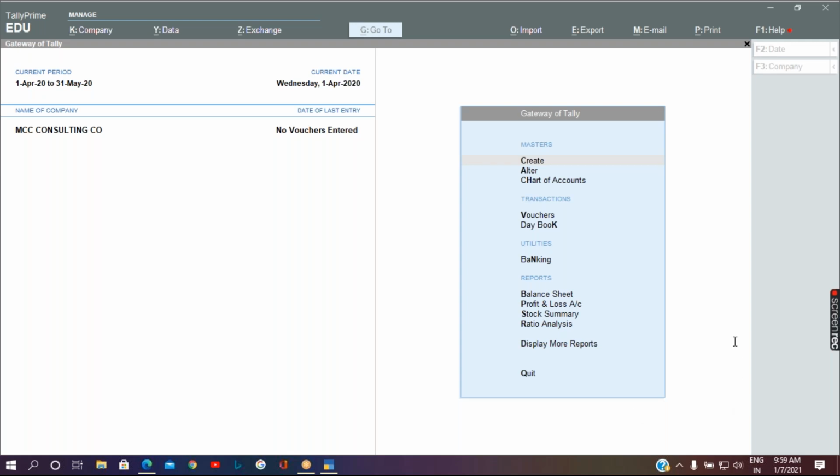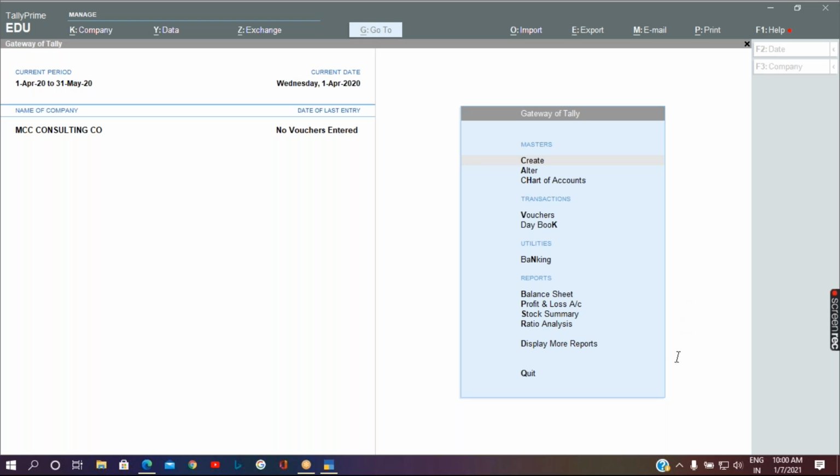So the next voucher type is debit note. Debit note will be passed for return on purchase, that is purchase returns against the purchases made.